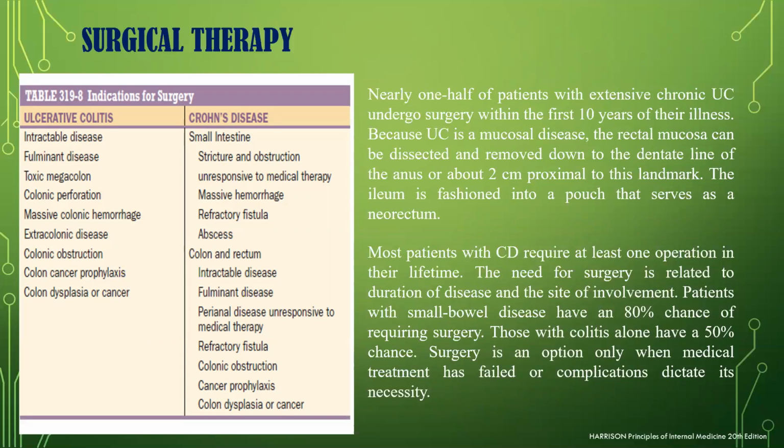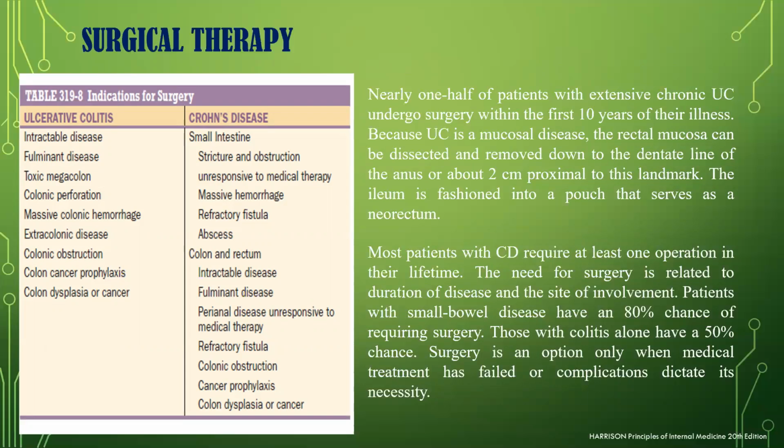Surgical therapy. On the slide, you can see indications of surgery for the patient with ulcerative colitis or Crohn's. Mostly it's in case of complication, presence of strictures or obstruction or fistulization. In Crohn, and in both diseases, appearance of cancer or polyps. Nearly one half of the patients with extensive chronic ulcerative colitis undergo surgery within 10 years